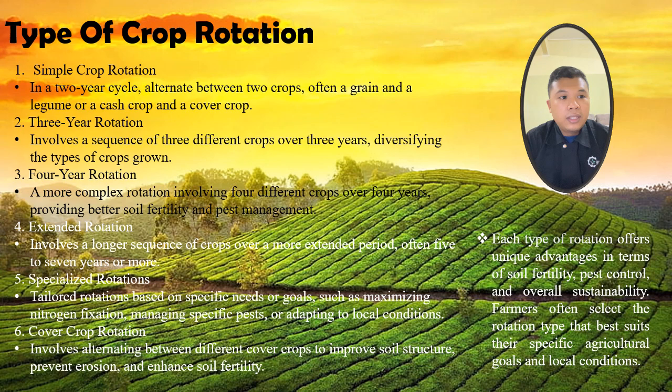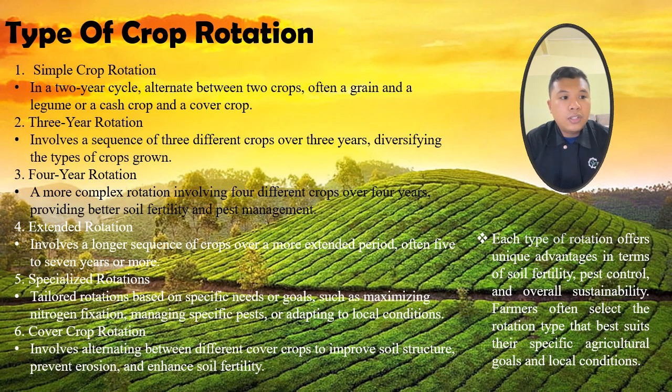It involves a longer sequence of crops over a more extended period, often 5 to 7 years or more. Number 5, specialized rotation. Tailor rotation based on specific needs or goals, such as maximizing nitrogen fixation, managing specific pests, or adapting